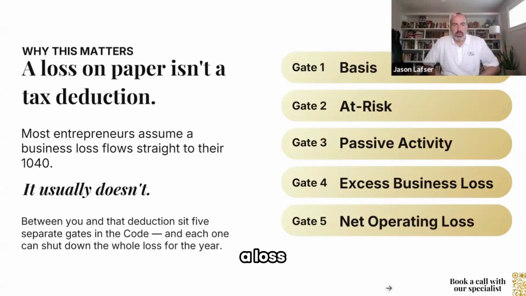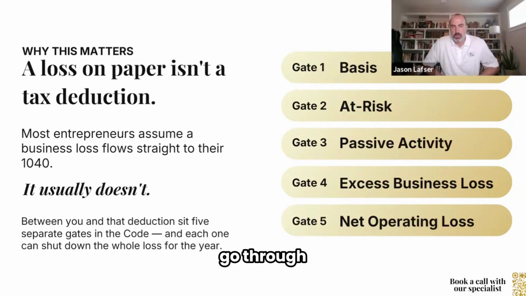We're talking about a loss and how to get the most benefit out of that. A lot of times we talk to clients and they think, hey, I've had a loss from my business or from a piece of real estate, and I should be able to just deduct the entire thing. It's going to help me. It's going to offset my W-2. It's going to offset, maybe you've got other income from investments, and they don't realize that there are certain limitations that can make some of those losses not deductible in the current year.